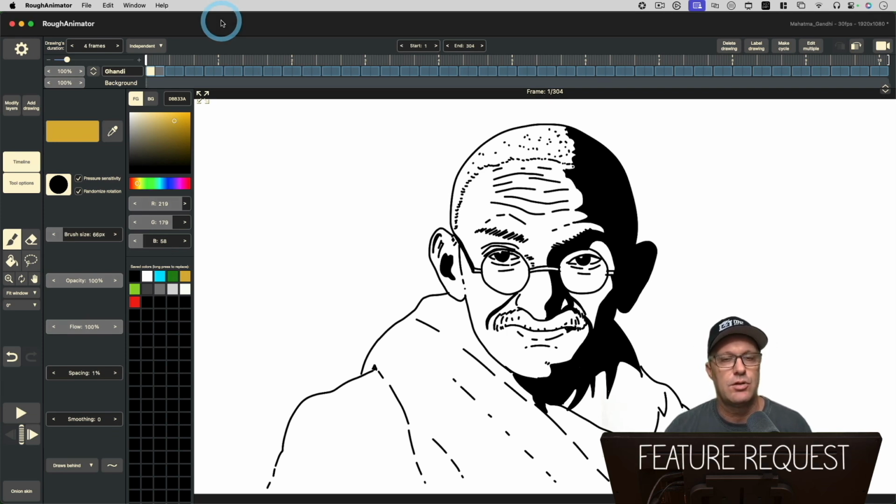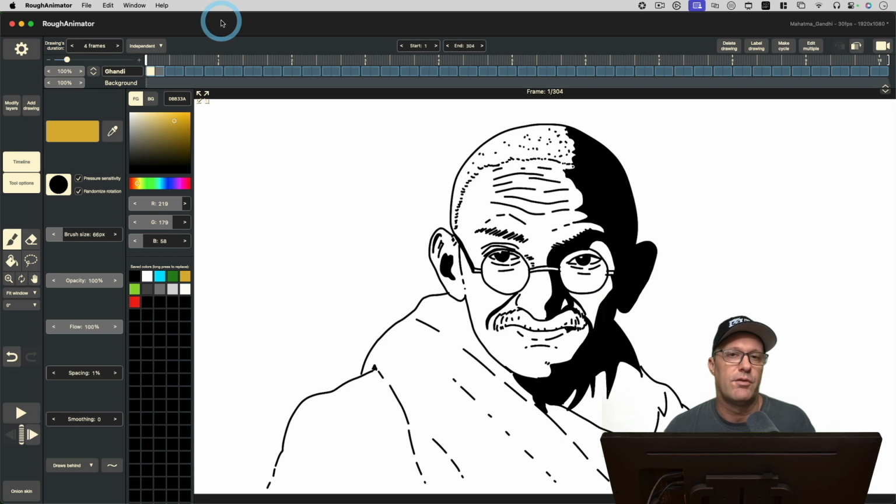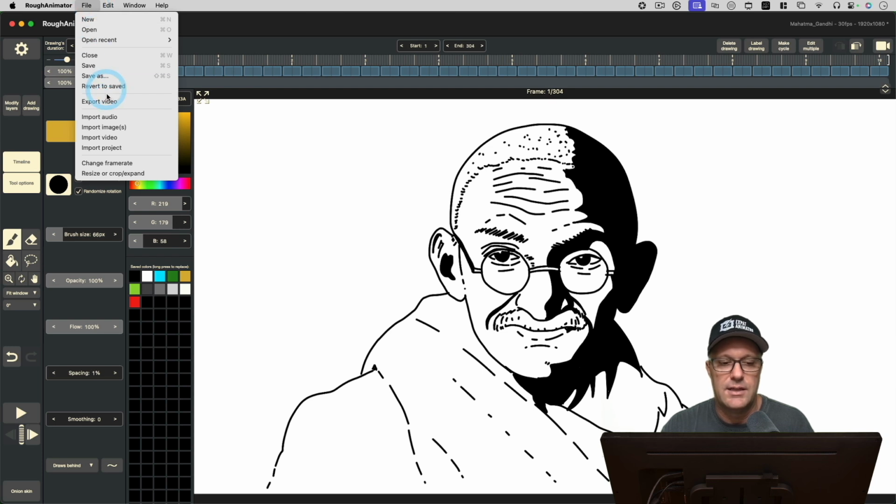Basically, there's no easy way to export a single frame, and sometimes I use Rough Animator just to do a drawing. I have other apps that I use for drawings, like Clip Studio Paint, but sometimes I just want to use Rough Animator to do a single drawing. For me to export that as a transparent PNG file, for instance, it's a multi-step process. If I could just go up to File and say export PNG or export image,